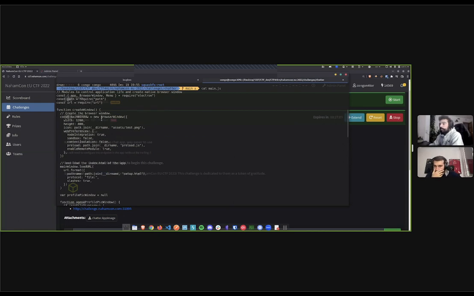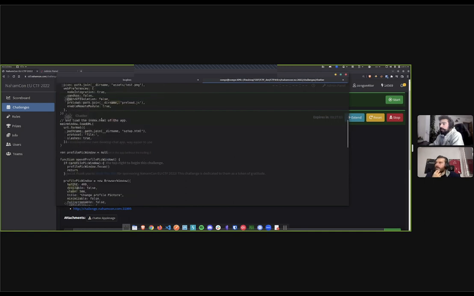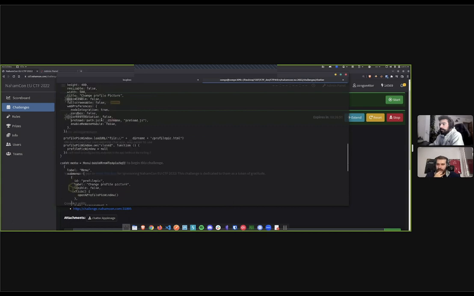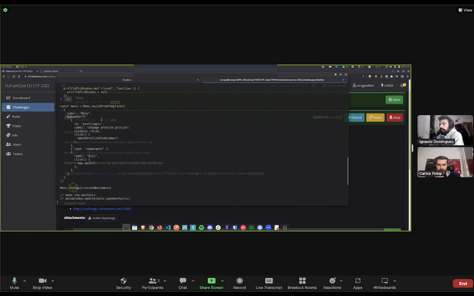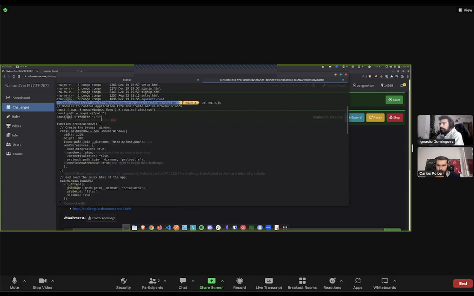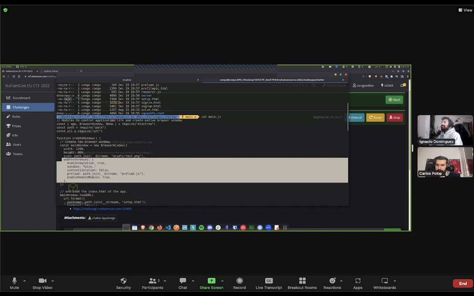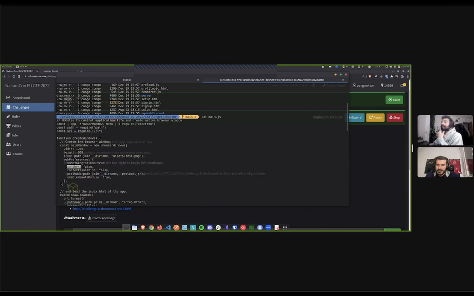The interesting thing that we could see here is that this doesn't use a sandbox. Where do I see this? I saw it at the beginning. Am I blind? Yeah, in webPreferences. sandbox false here. So this sandbox thing means that when Electron runs their applications inside Chrome, essentially, it's a